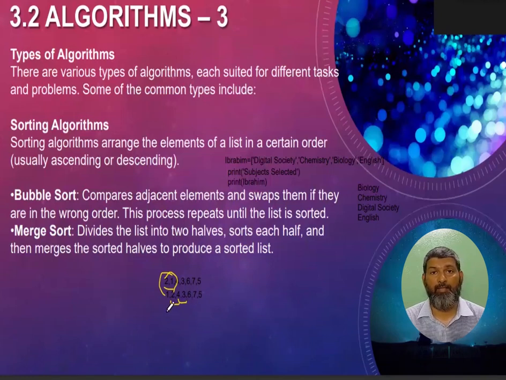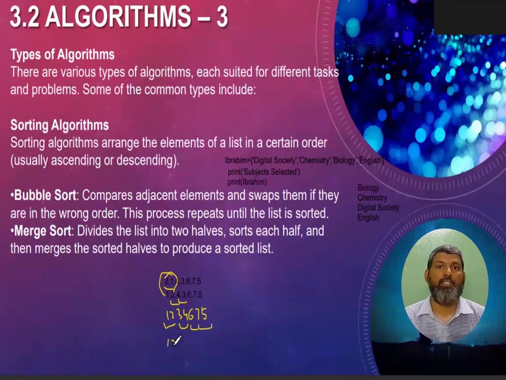That means this time this would be 1, 2, 3, 4, and 6, 7, and 5. Right now you can see this is okay. This is okay. This is not okay. 6 is less than 7. This is also okay. 7, yes, but here this is not. That means you will put 5 back. That means 1, 2, 3, 4,